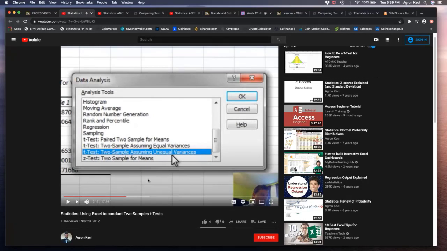Okay, so you would imagine what happens next. But the reason why there are two t-tests, one for equal variances and the other for unequal variances, is because they use different formulas. Namely, the degrees of freedom are calculated differently, and at the same time the t-test has a different formula, right? And that's why